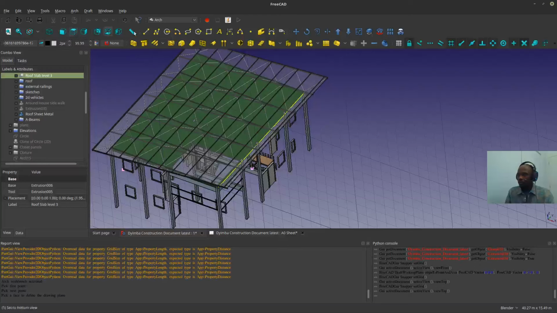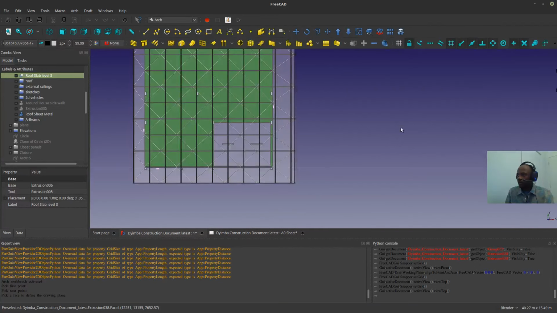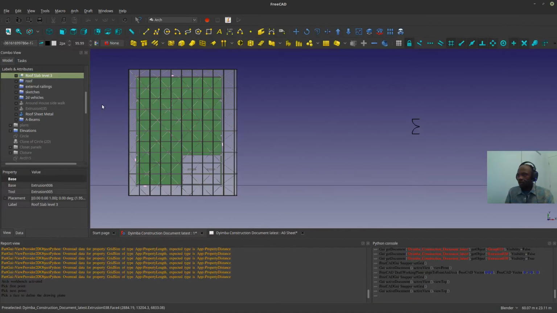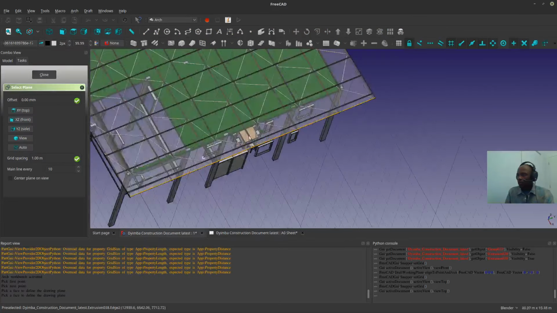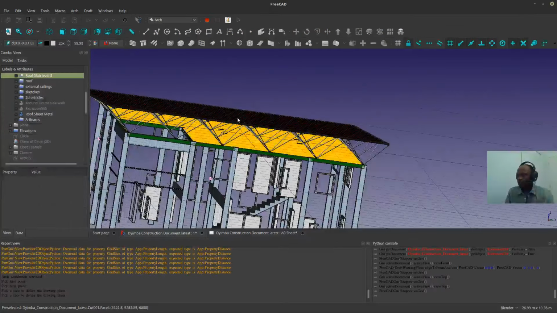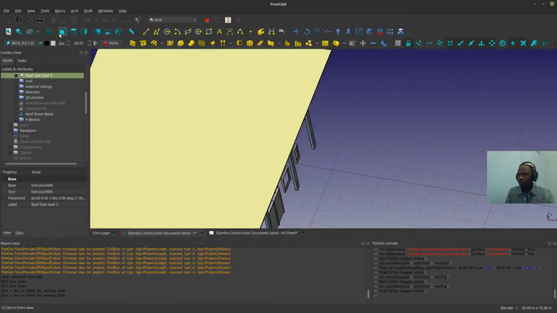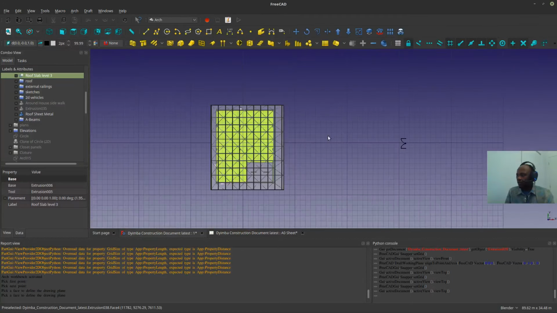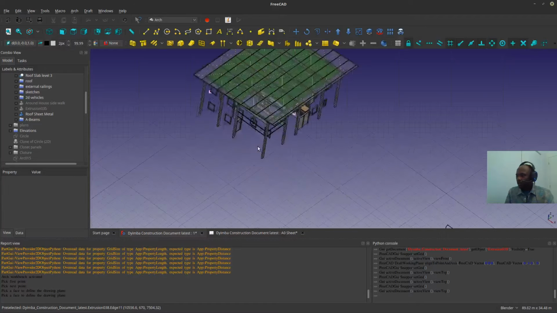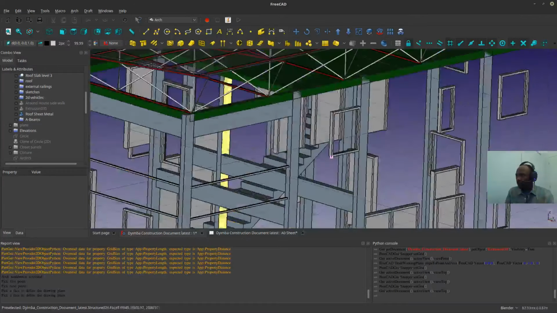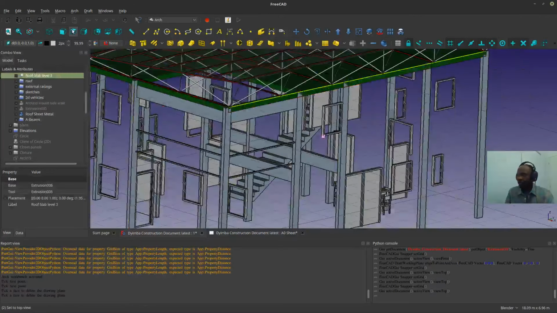So I'm gonna go to top. Actually select that face. It's been such a while when I made it that remembering the exact steps, it's not that quite obvious. So now I'm going to copy that, go to top view,